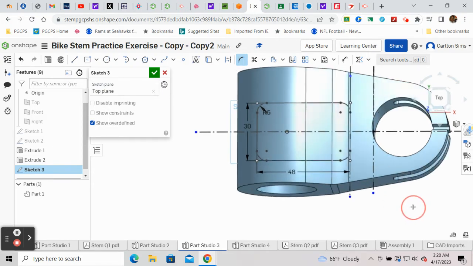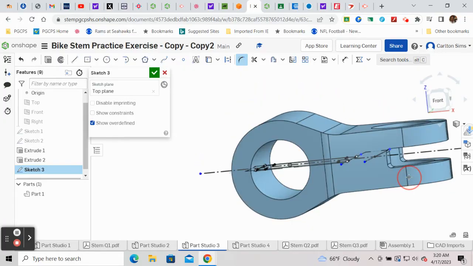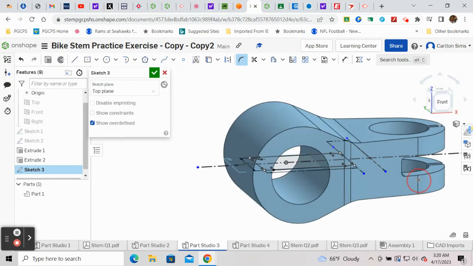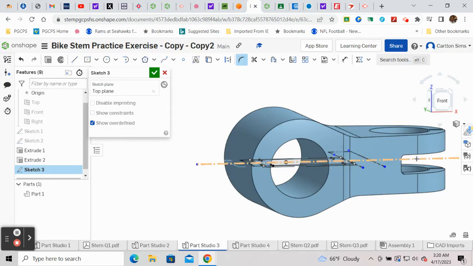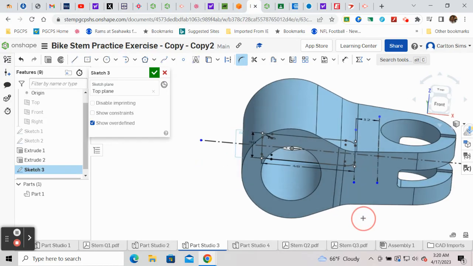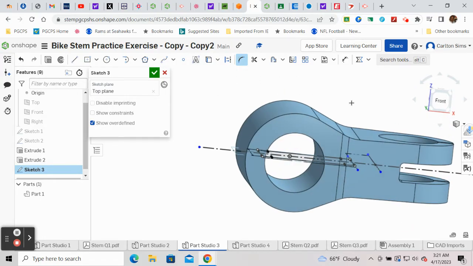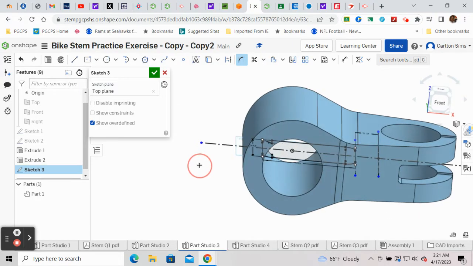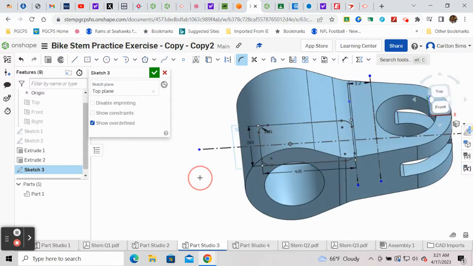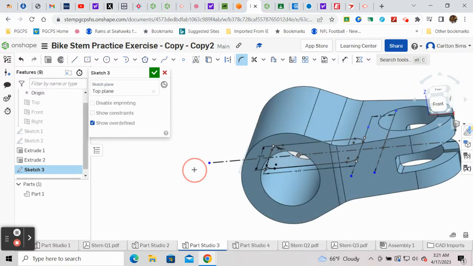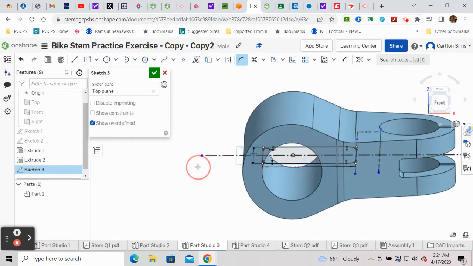If I turn this, you can see, even though I'm working on the top plane, my top plane was the top of this bottom half. So it kind of stayed here and I just worked with it. It's not actually on top. You're not actually viewing this on the top as the top plane on top of this part here, but it is the top plane, and it's actually the top plane over the bottom half of that drawing. For some reason, that's how I started it, and I'm just going to complete it like that. So you guys can just follow my video and